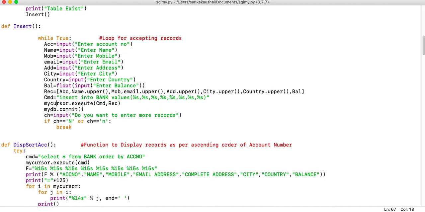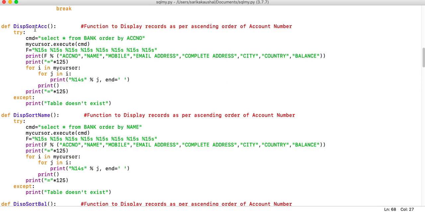So mycursor.execute is the execute function from mysql.connector, and then you will be able to execute these commands. Insert, update or delete are data manipulation language commands, so you need to make the changes permanent in the database. Therefore, after issuing these commands, you are supposed to use mydb.commit.